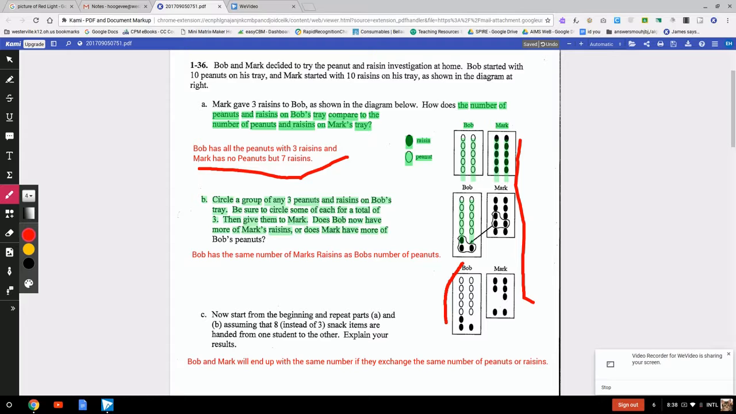The next one says to redraw this right here. Well, it's already there for you, so you wouldn't have to redraw it since you have a worksheet. So save your time from doing that. And if you did it, then great. It says be sure to circle some of each of the total of 3. So basically, it would be saying if you circled